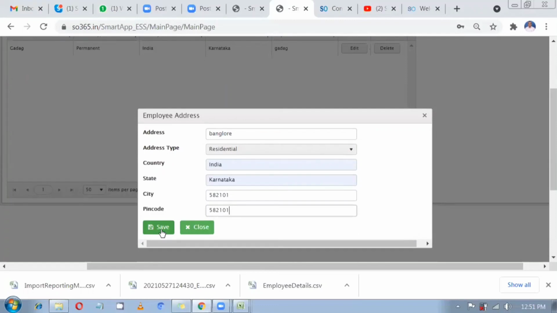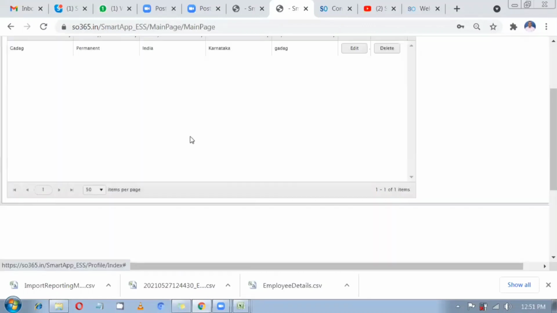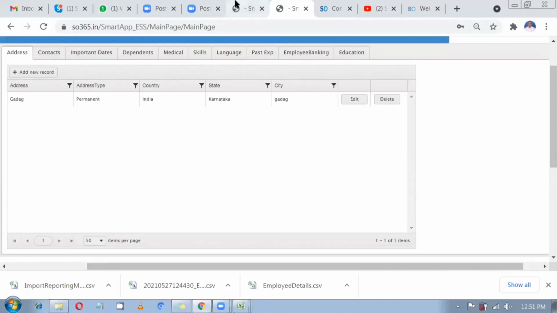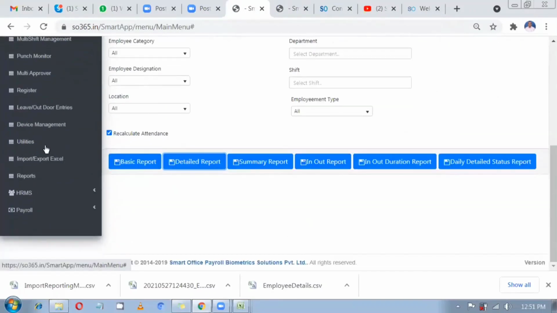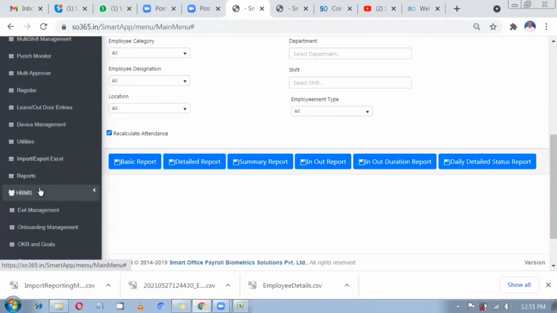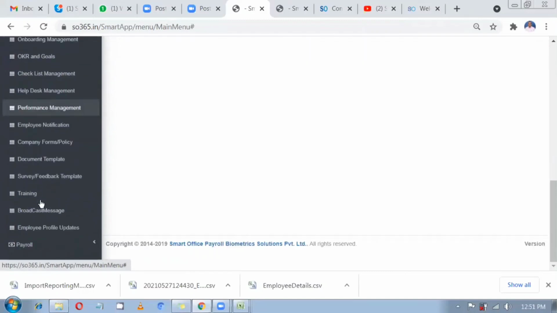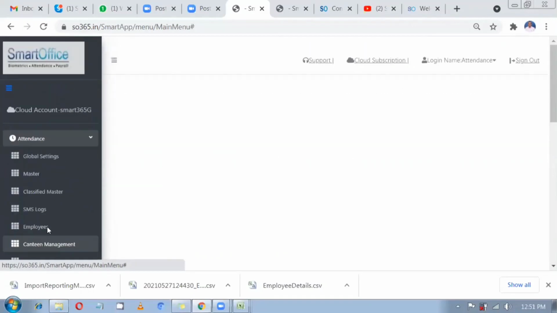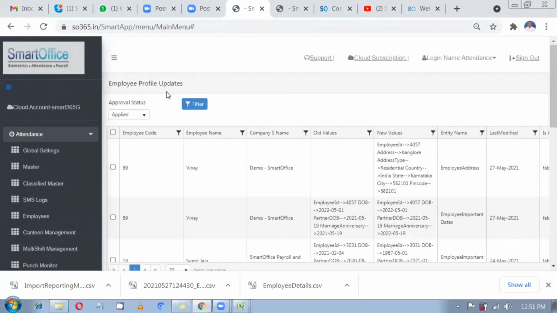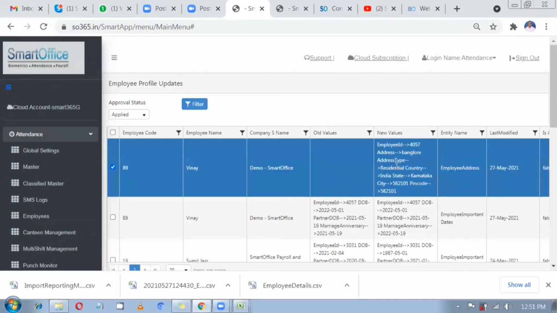So right now I'm updating my address, so I'll save it. Once it is saved, whatever entry I'm doing will be sent to a reporting manager for approval. Okay, so it will be shown in the HRMS and employee profile updates.